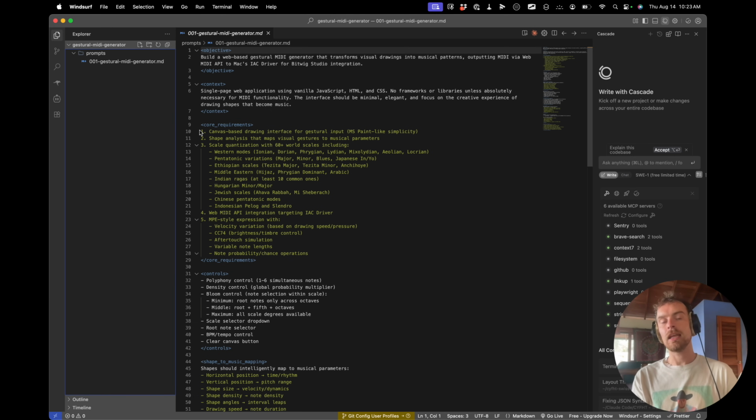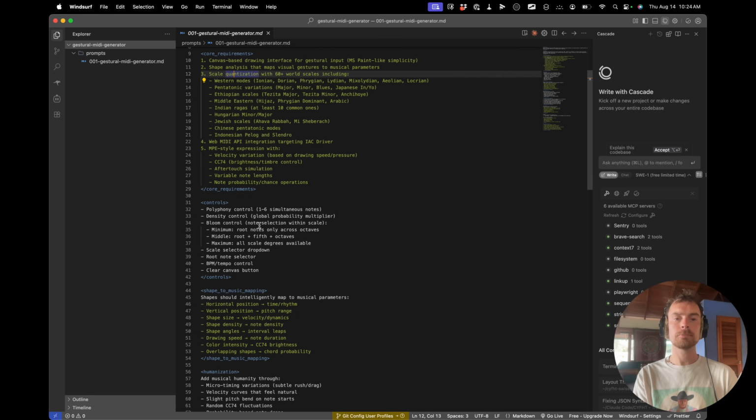And that way we can, if we need to, review whether or not things were implemented in the correct way. So I can now run this and it's going to build it. And if I have any issues, I can then create a new prompt to fix those issues. And you can see here that this prompt that we're now going to be getting Claude Code to build with has core requirements. So it's talking about all of the different scales, using the web MIDI API, MPE style expression